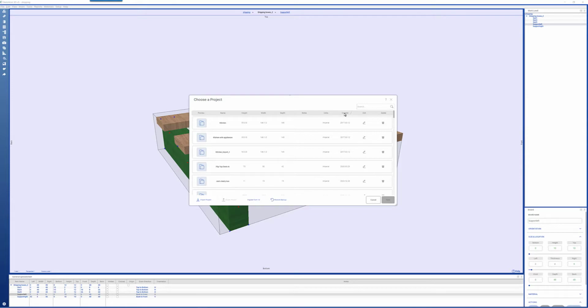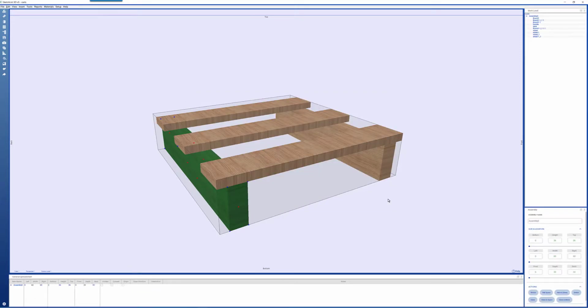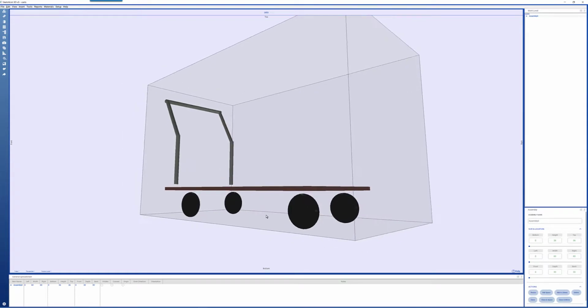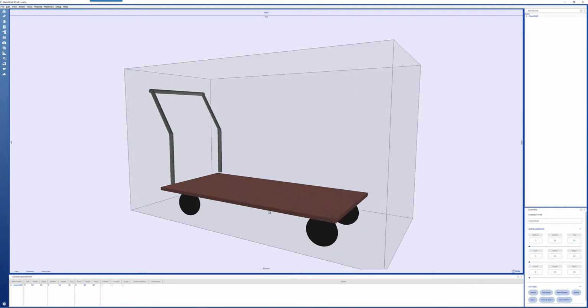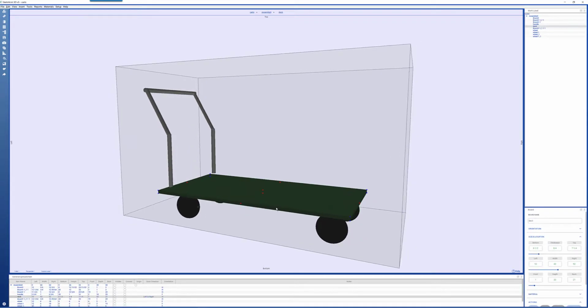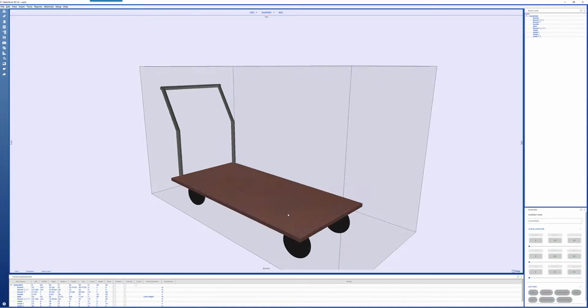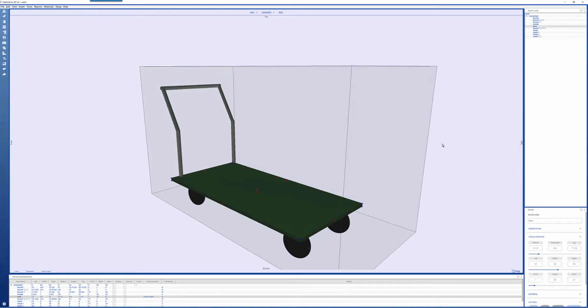The next thing I'll show is the cart that I designed, a roller cart. Again, I'm not a cart designer, and this was done very quickly. But it's just a matter to show that you can replicate standard items like the wheels and the handle, and change them if you want, but probably most importantly is the size of the deck. So I can go in and change the thickness of that deck material,